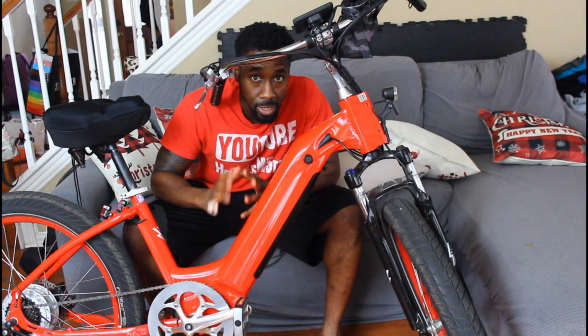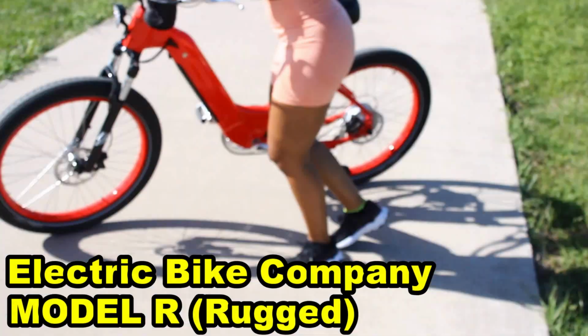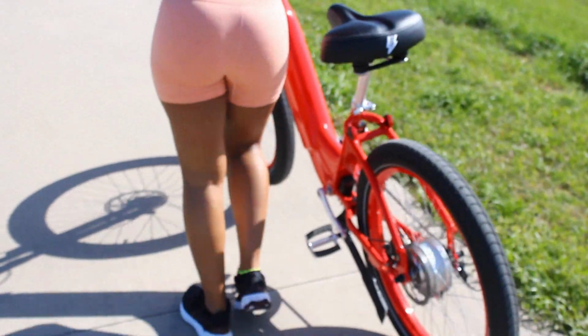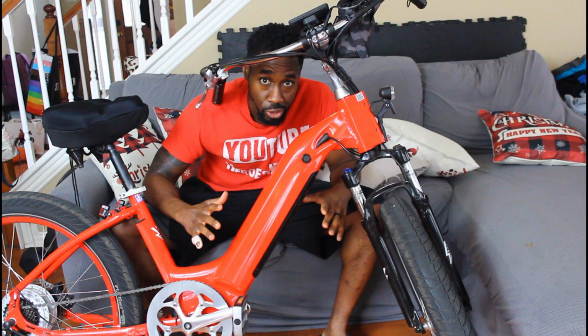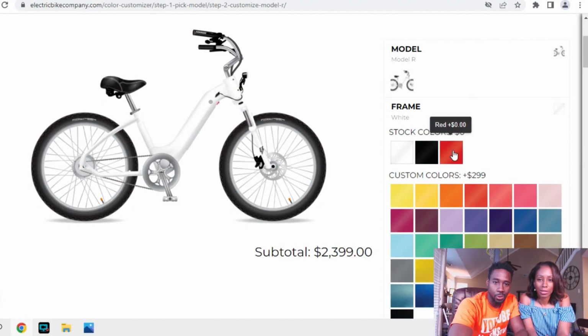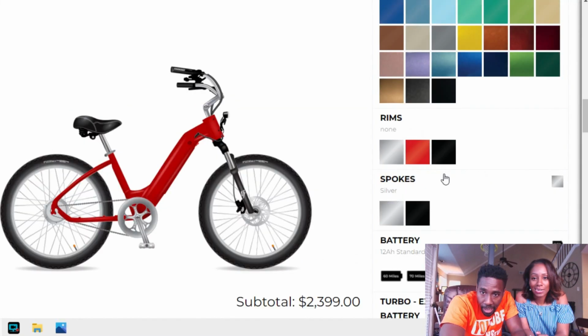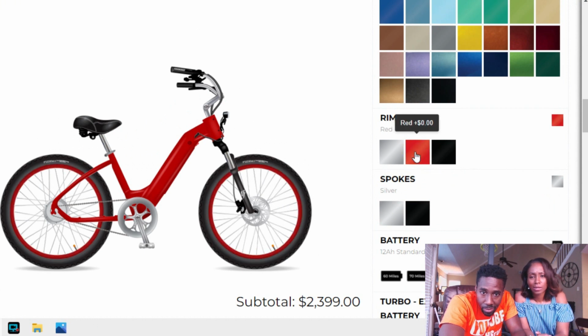Now coming in number 5 is my electric bike company, Model R Rugged. Now the first thing I like about this bike is I made it. Seriously, they have a website where you can not only pick out the color, but you can also pick out whether you want 1 battery or 2 batteries. I think if you get 2 batteries, you can go up to